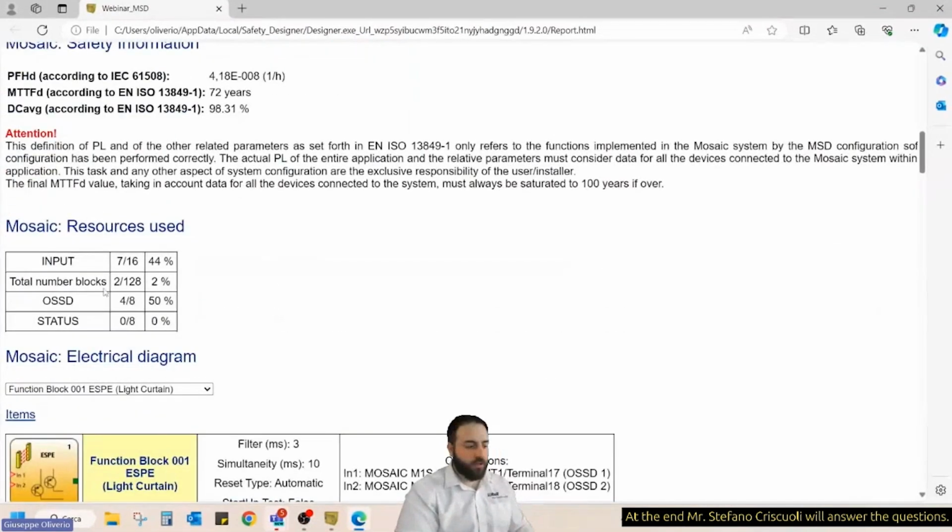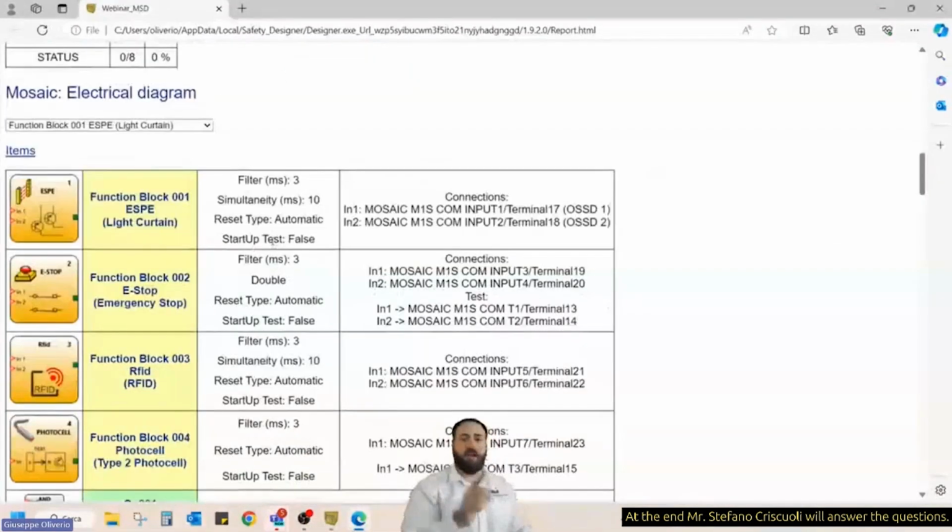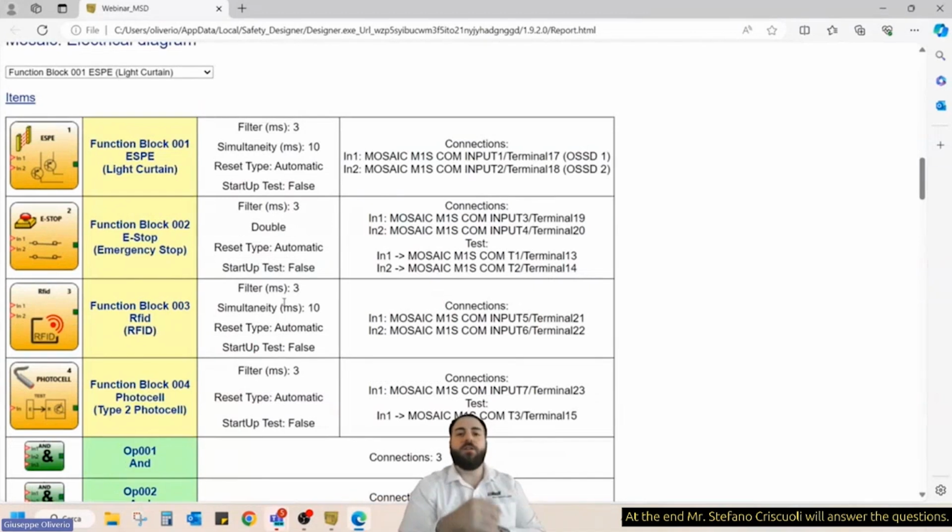Same resource, use it, and electrical diagram. So guys, if you remember at the beginning, I suggested you use the light curtain, the emergency stop, the RFID, and the type 2 photocell. So use the item description, because in this way, if you are not the software engineer, if the machine is stopped and you need to check what is happening, at least you can ask for the report and you can check